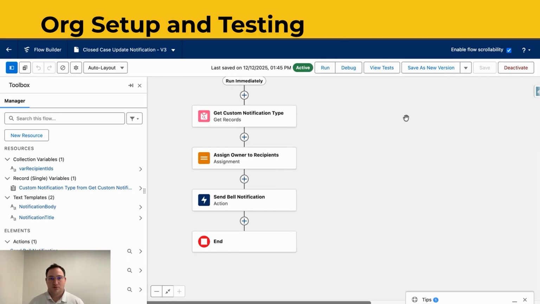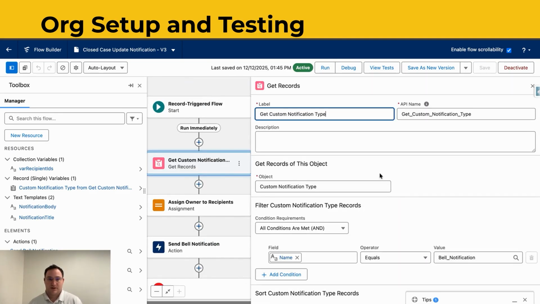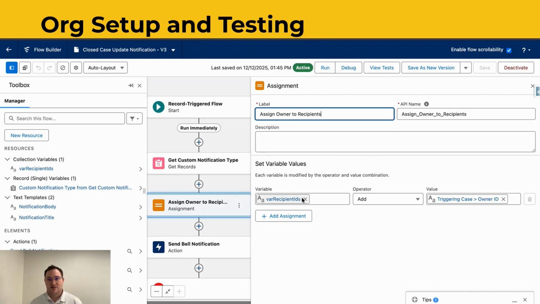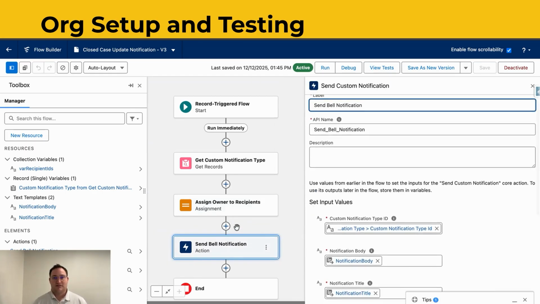Next up, what we will do in the flow is we need to go get our new notification type. So using that name that we set up, we will query to find the correct notification type, and then we're going to start a variable where we add the recipients of this notification that we're going to send. Right now, we are just going to assign the owner ID to this variable,